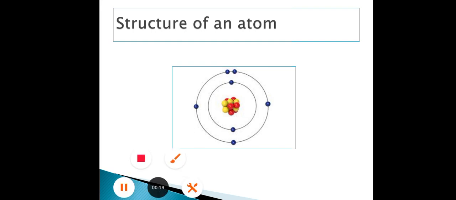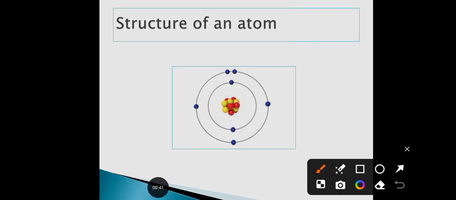As we all know, the structure of an atom was initially proposed by Thomson, and then there was Rutherford's alpha scattering experiment, and after that the final structure of the atom was given by Niels Bohr. So according to him, this is the structure of an atom, wherein